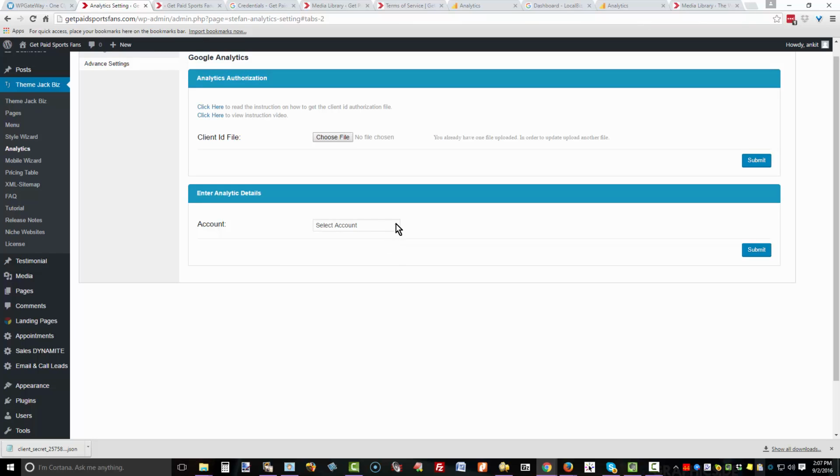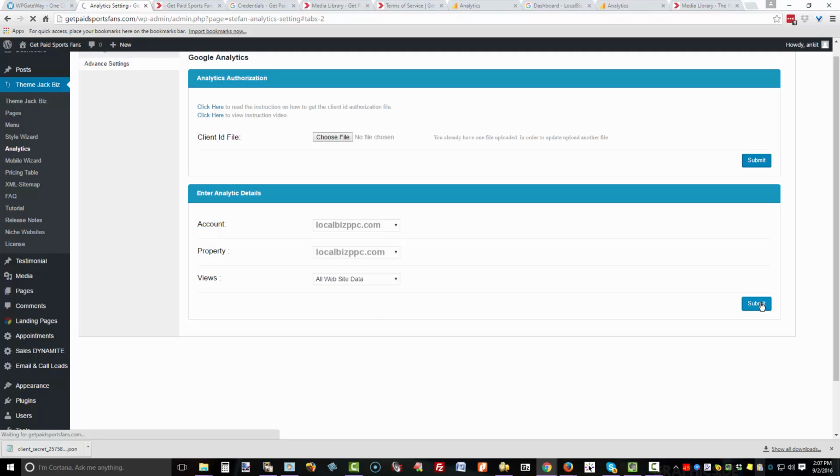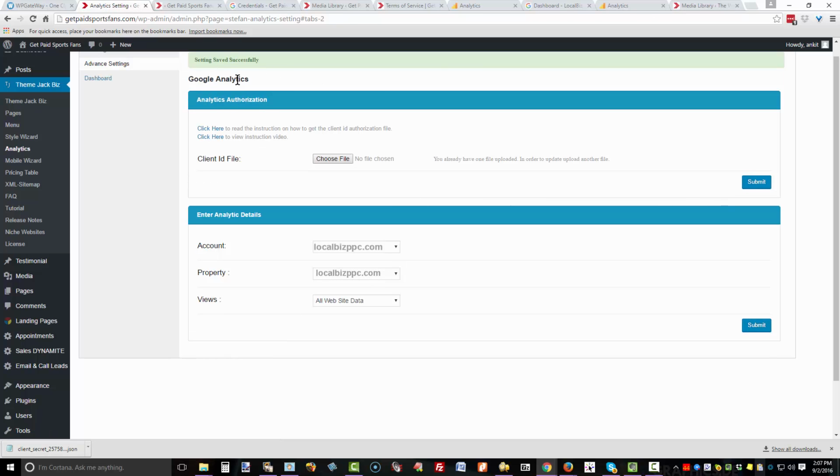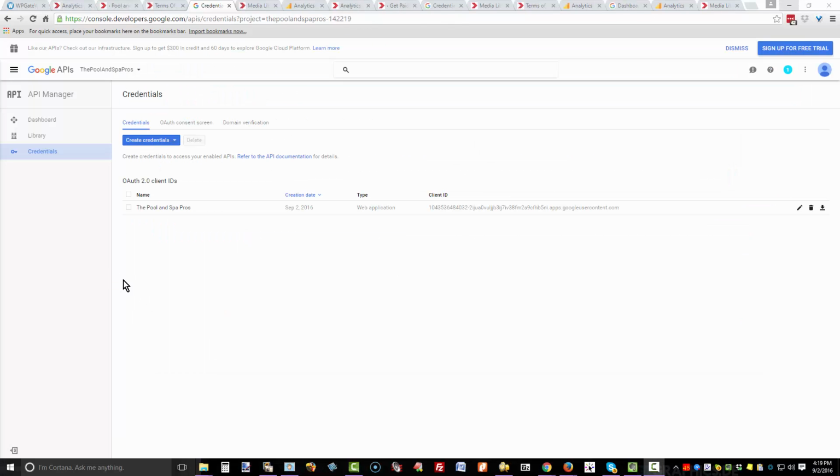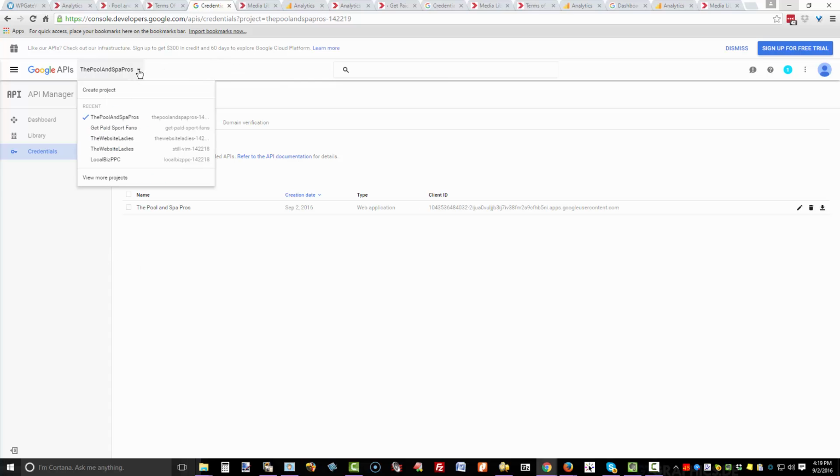You click OK, click on Select Account, and now you will see the list of other accounts you've set up. You select the property and view all website data and click on Submit, and settings save successfully. The steps are the same whether you're setting up the analytics for one account or many accounts. You log in using whatever Gmail address you want to log in with, create a project,